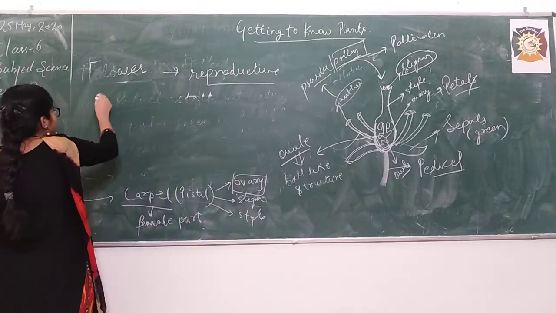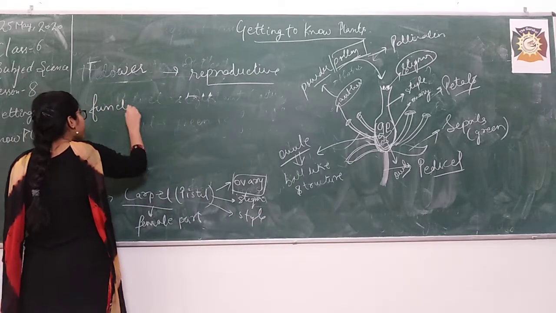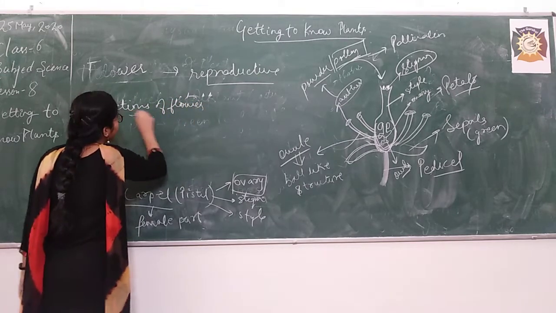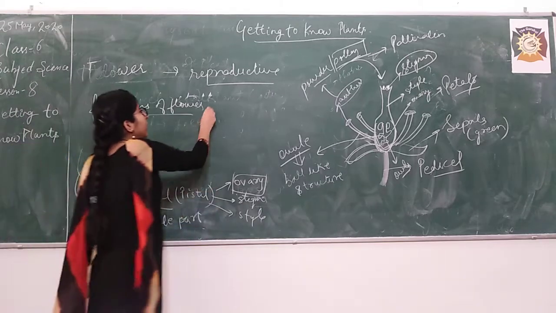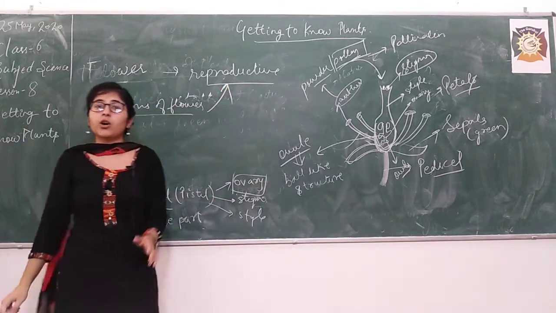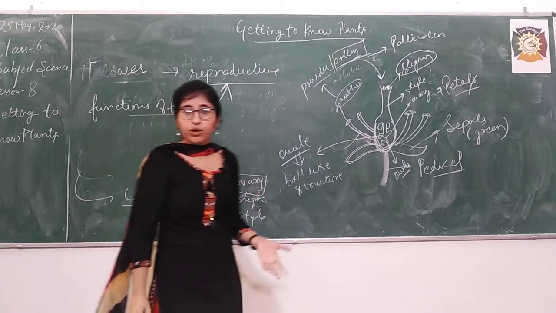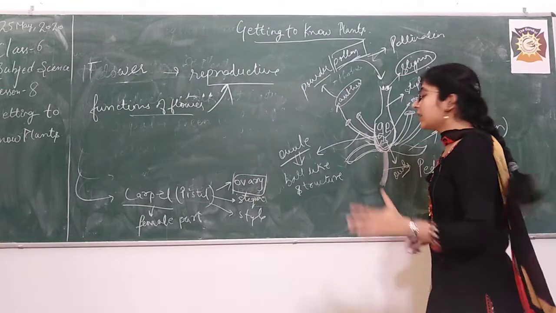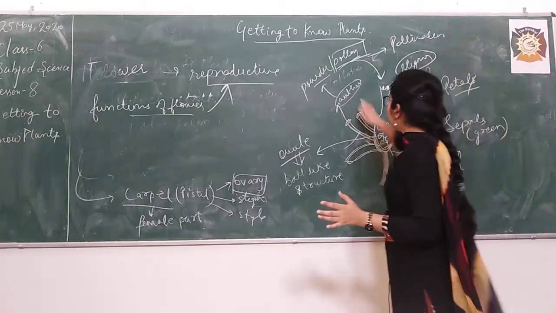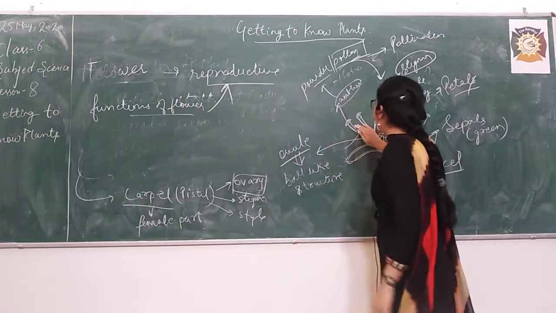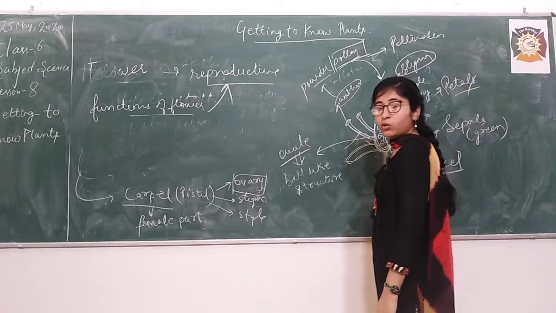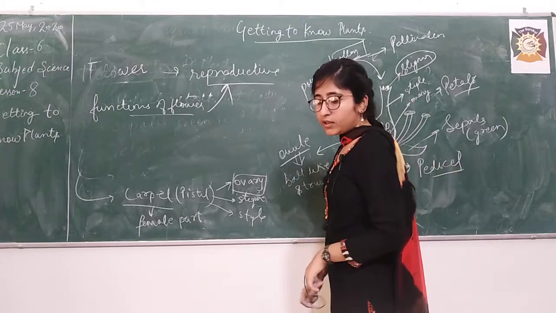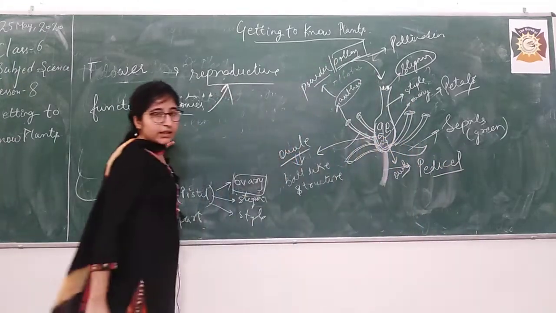Now we will study the functions of flower. There is one major function of a flower that I already told you. What is it? It is the reproductive part of the plant. Now how does this reproduction happen? How are new plants produced? It happens through pollination. The powdery substance produced by the anther transfers to the stigma through pollination and new seeds are formed, right? So this is the function of flower. We have already discussed it.